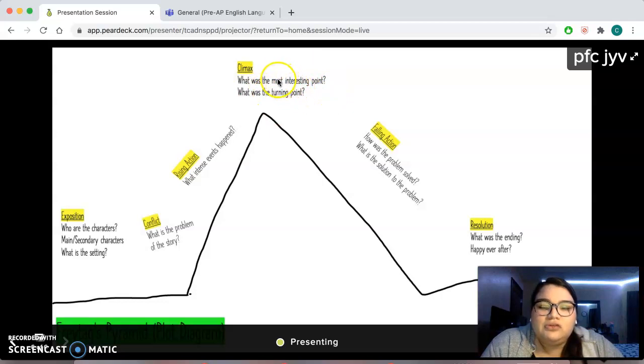There's going to be a point in the story where you're going to be like, oh, they came to a commitment, right? Like something happened where it completely changes the story. Then your falling action is where you answer, how was the problem solved? What is the solution of the problem? And then the resolution is, what was the ending? Was there a happily ever after, right? So of course, yours is not going to have questions. You just have to give me those details. And yeah, that's it. So just make sure